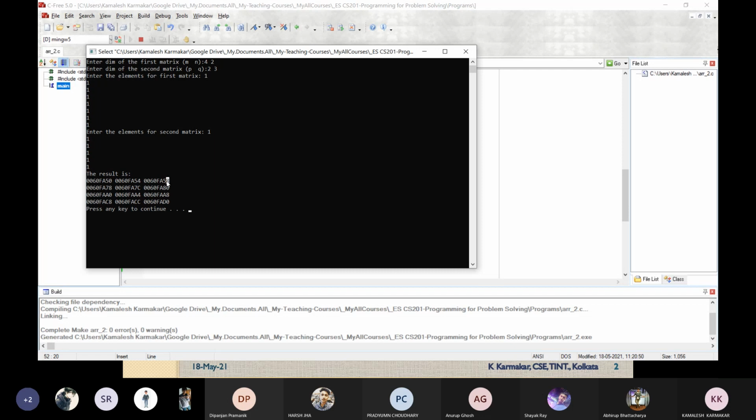So the addresses are incrementing by 4. Now in this case, why is it 78? After 58 it should be 62, but why is it 78? In an array the memory allocation is contiguous. Can you tell me why these elements are like this?